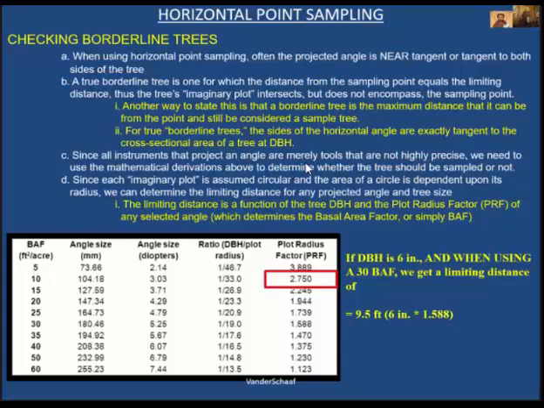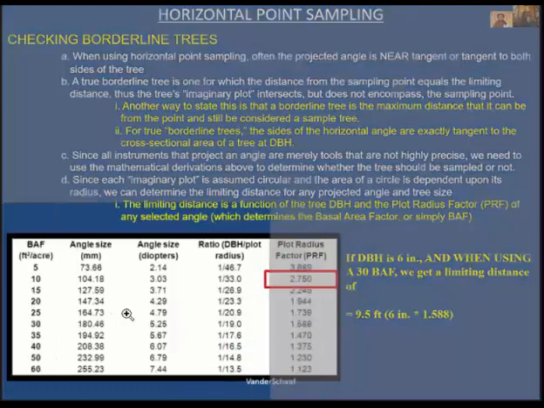The limiting distance is a function of the tree DBH and the plot radius factor of any associated angle. That is the additional distance from the point at which, given the tree's diameter, the imaginary plot is barely touching or barely encompassing the point. So we can look at this table